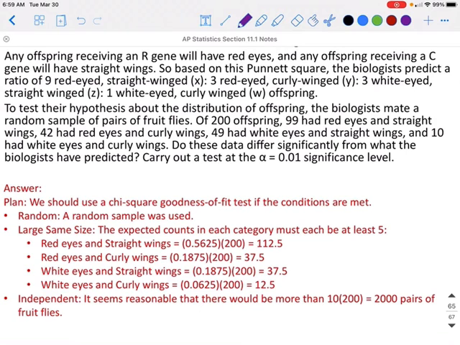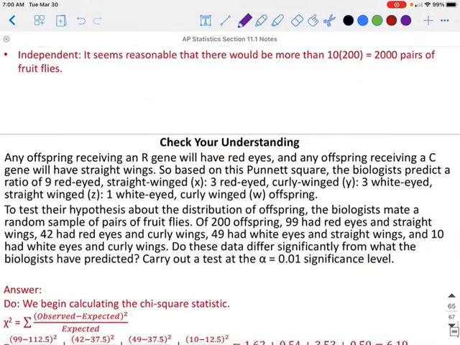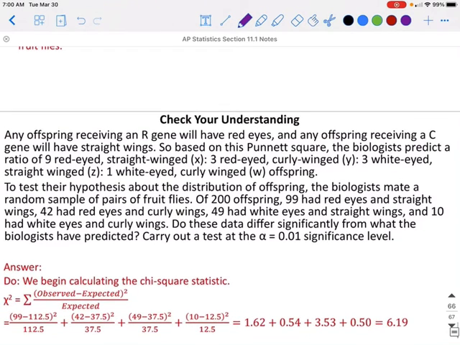Next, we need to check the independent condition, so we're going to have to check that 10% condition, and we can assume, we're going to do 10 times 200, that there are more than 2,000 pairs of fruit flies in the entire population. Next is the do. This is where we'll calculate our chi-square statistic, and then we'll find our p-value. So remember, to do this, you're going to do the observed. There was 99 that had red eyes and straight wings, minus the expected, squared all over the expected, plus the